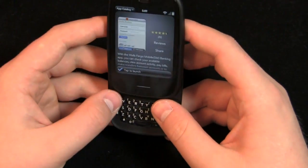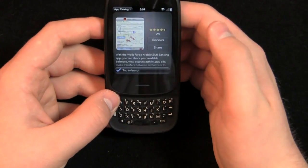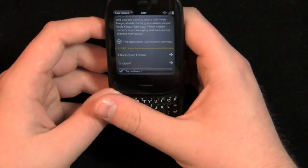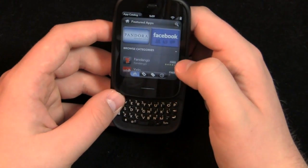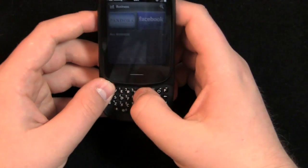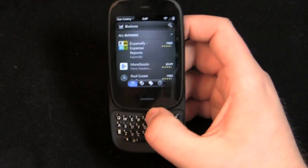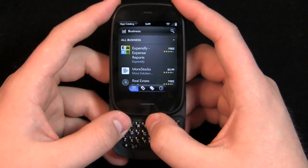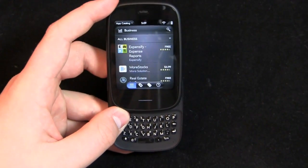But anyway, back to the app catalog. Here you have your star ratings, reviews, share, your pictures, your description, developer home, support, and more. And then of course your featured apps. We can browse categories if we want to. We can see business, for example. And yeah, I will tell you, they need new hardware. They're in desperate need of new hardware, but webOS, to me, in terms of the most multitasking friendly operating system,